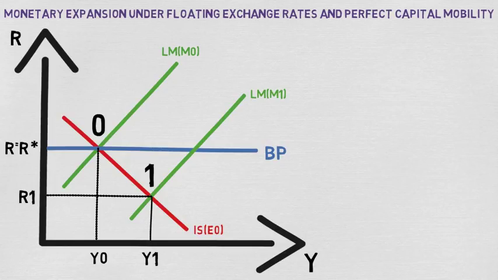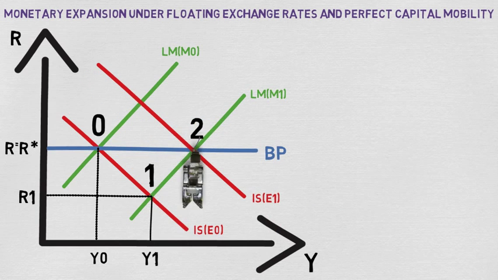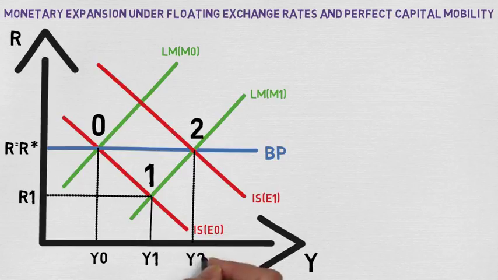The fall in interest rate means that the return on domestic investment has fallen, so there is an excess supply of domestic currency. This leads to domestic currency depreciating, and so E increases from E0 to E1. This causes IS to shift right from ISE0 to ISE1. This moves us to point 2, where the interest rate has returned to its original level, and income has increased